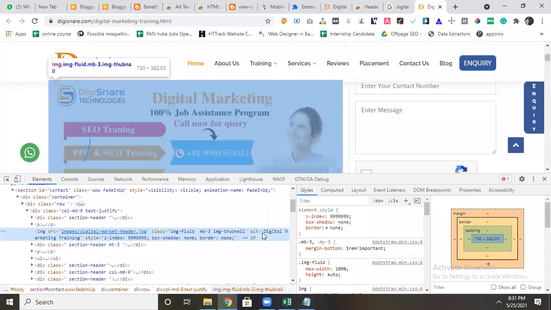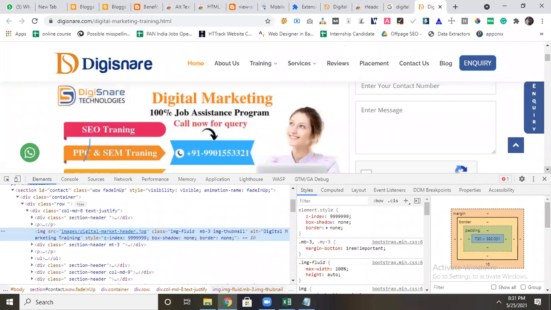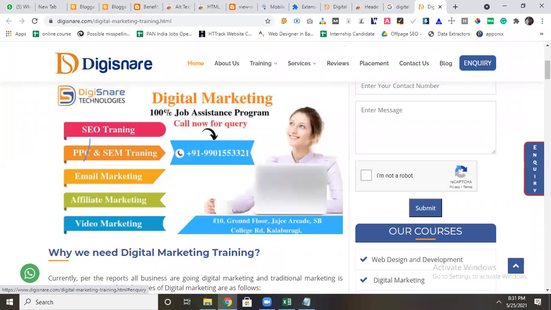Okay, this way we have to choose it. This is one option you got, how to update it in Blogger and how to check it also. I will give this plugin link for you also.